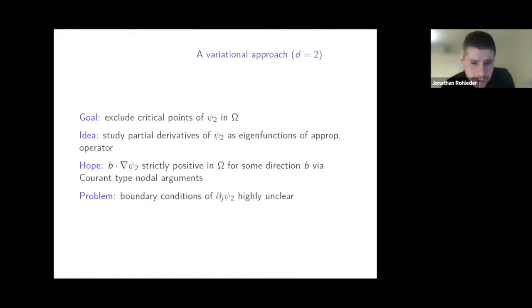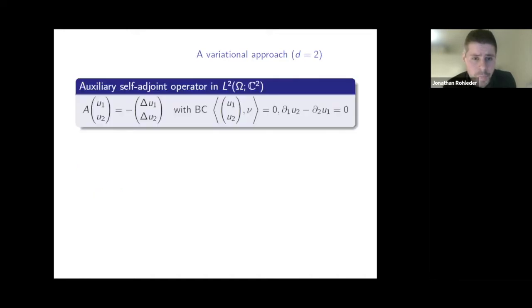And that was a point where I had given up looking at that project like 2 or 3 years ago. But I continued looking at it every now and then. And at some point I realized things get actually better if one, instead of looking at directional derivatives, would look at the gradient itself. So the gradients themselves would actually turn out to be eigenfunctions of some operator that one could do something with. And the operator is actually the following,